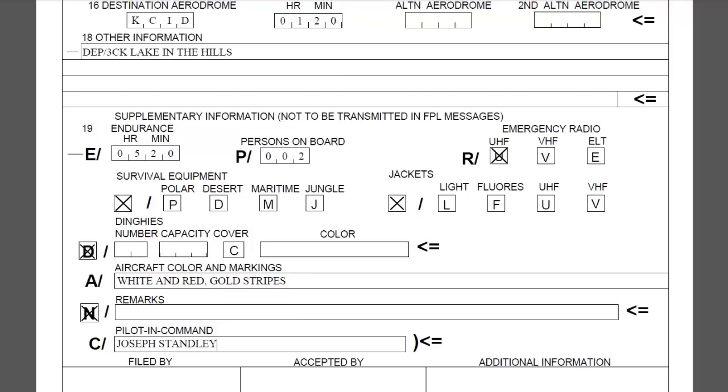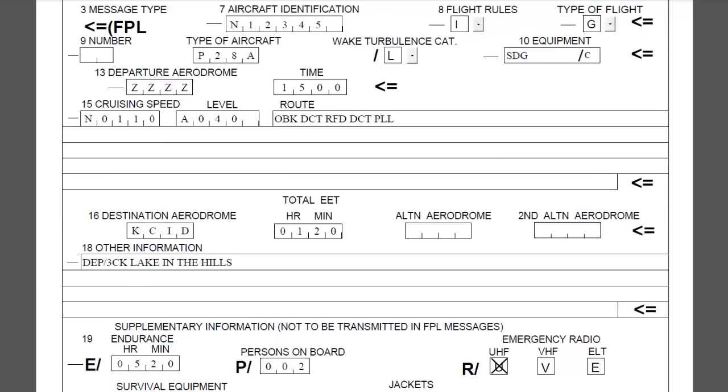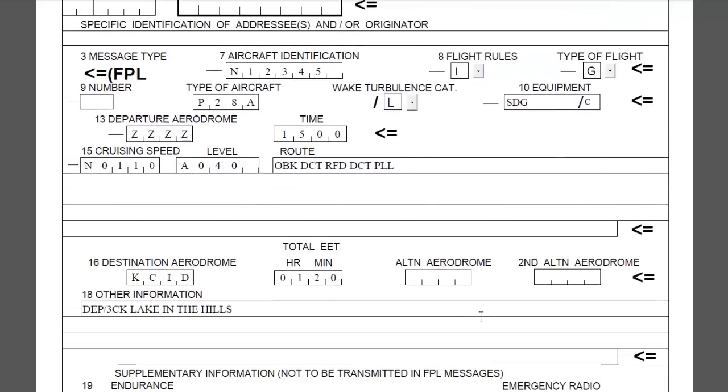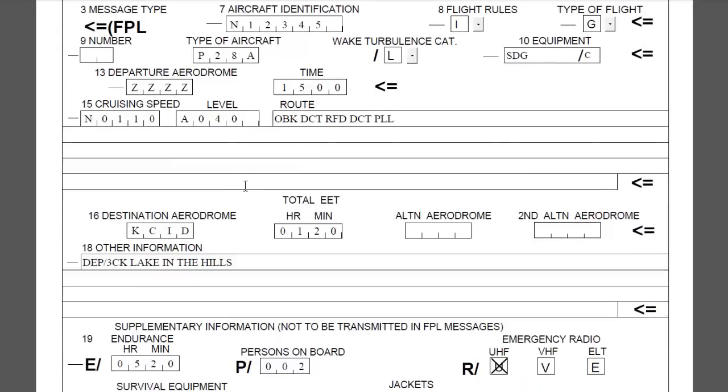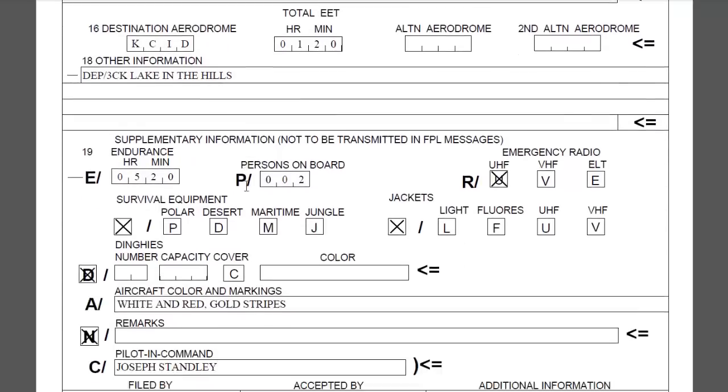When filing this flight plan, you tell the briefer you'd like to file an ICAO flight plan for domestic operations. And then you would read through the items just as you would read through any other flight plan, starting at the top with your aircraft identification number, the flight rules, the type of flight, and you just go through each of these items and read the letters in there and go through the whole thing all the way down the